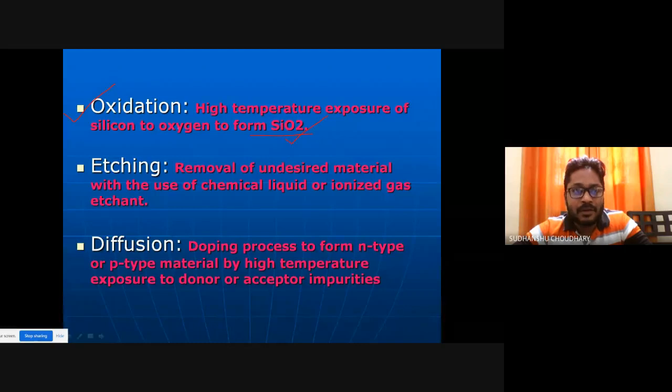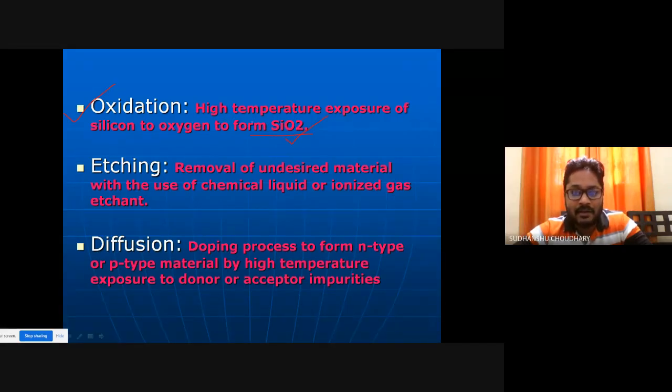This oxidation is a two-step process. You need to expose your wafer to oxygen in a hot furnace, where the temperature can be set to somewhere around 1000 degrees centigrade.